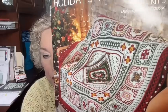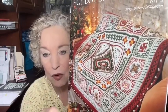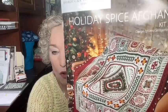I fell in love with this because it is a Christmas color Afghan, but these are the colors in my living room. I love these colors. They're deep, they're rich, and I have them around all year. And this beautiful red along here, 2 colors of red, and then all the different colors in here all coordinate,